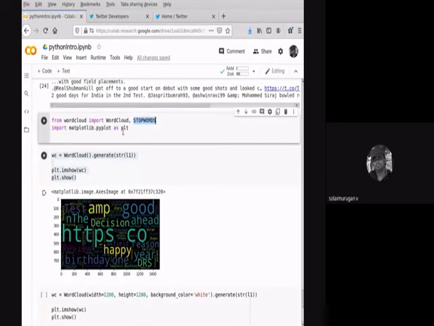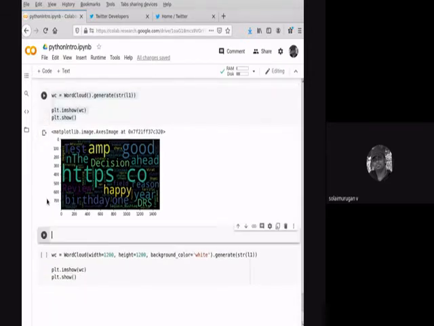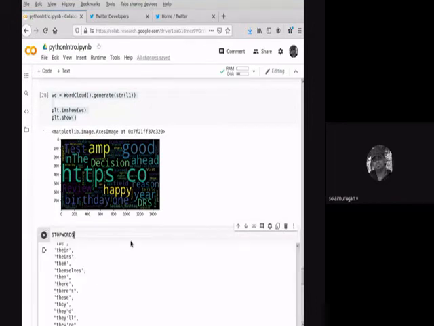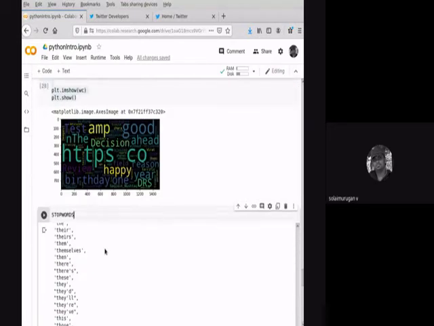Just wait, I'll show you what the stop words are. So these are the stop words. The stop words function is available in Python, and in R also. These are the words mentioned as stop words by experts in NLP. If these words appear in your text, they will be removed.